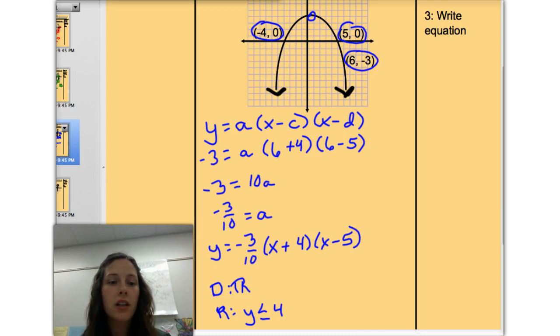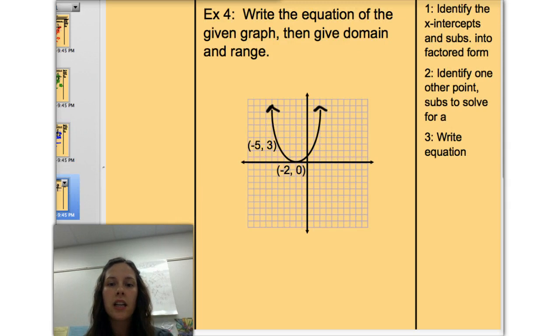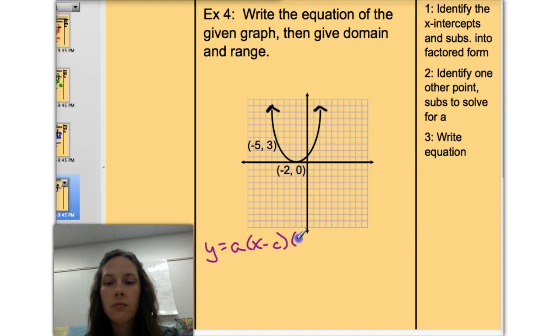One more, I do recommend that you watch this one, even if the last one made sense to you. This one's a little bit different because now we've got the x-intercept as our vertex. So we only have one x-intercept, which is a little bit different than the last one. So we're going to start by setting up that same equation, y equals a times the quantity x minus c times x minus d. All right, substituting that one x-intercept in for both c and d,